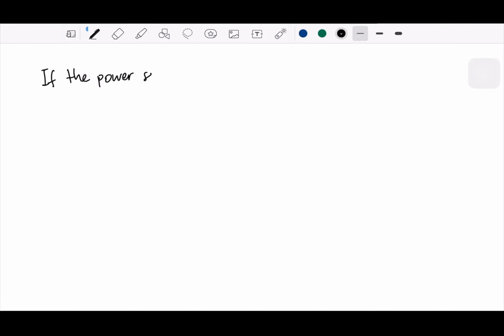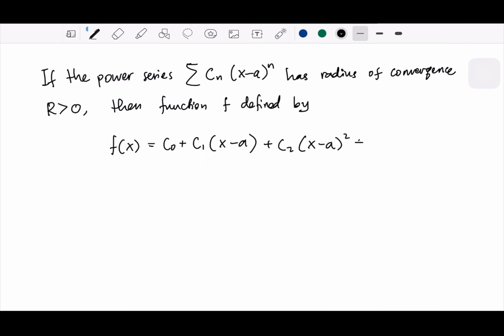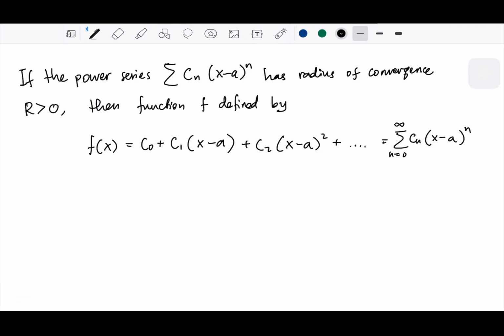If the power series, let me write the general form of the power series expansion. Okay. And we say that f is